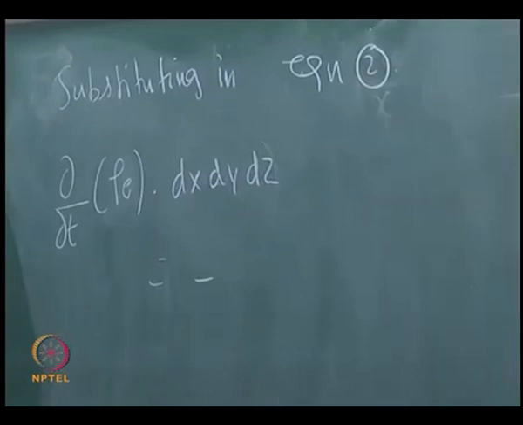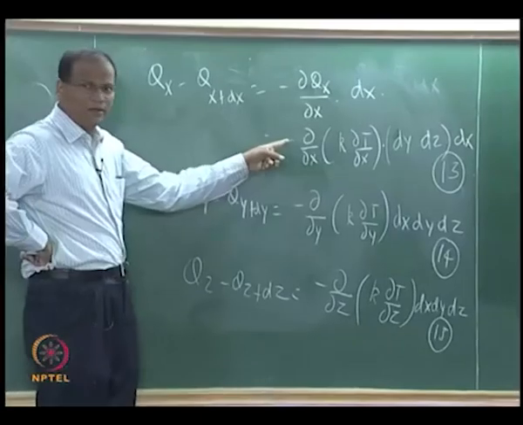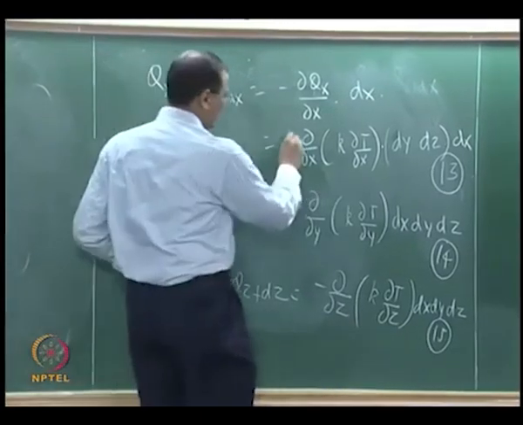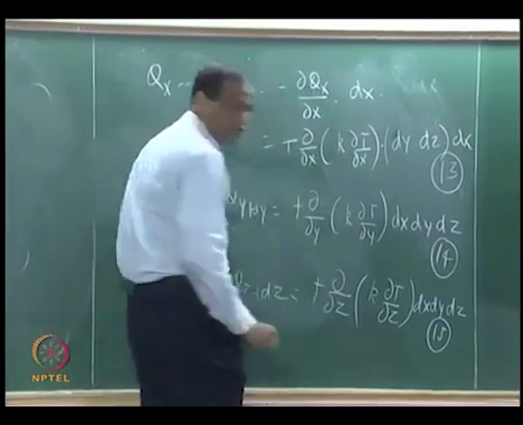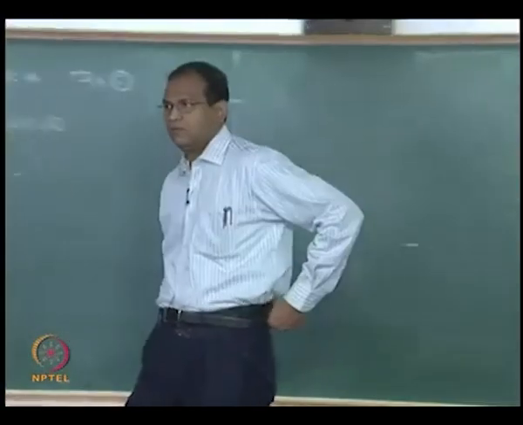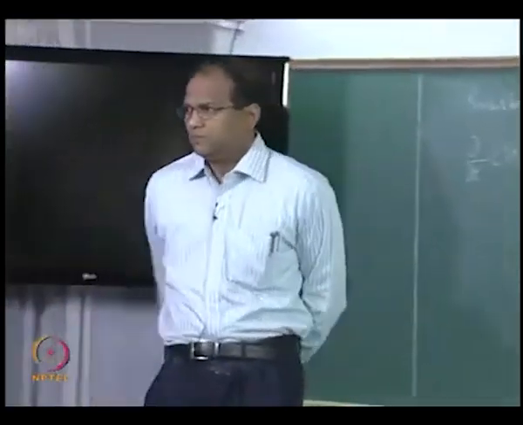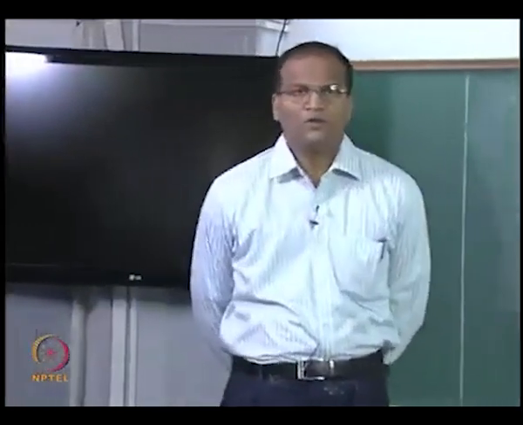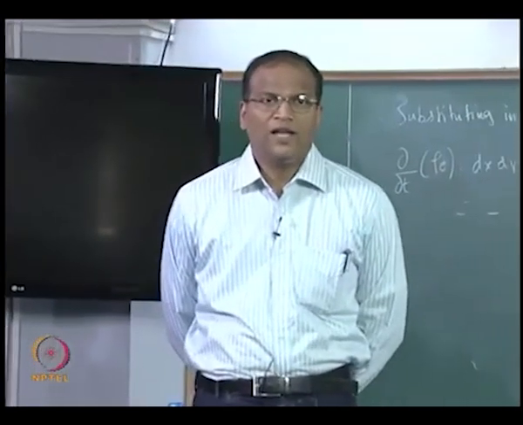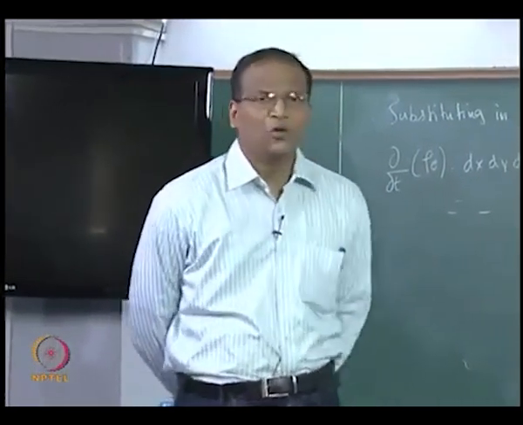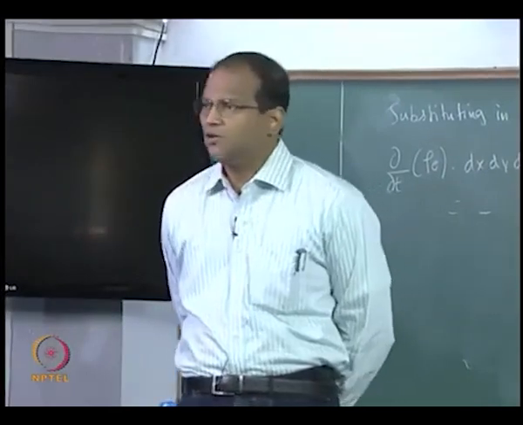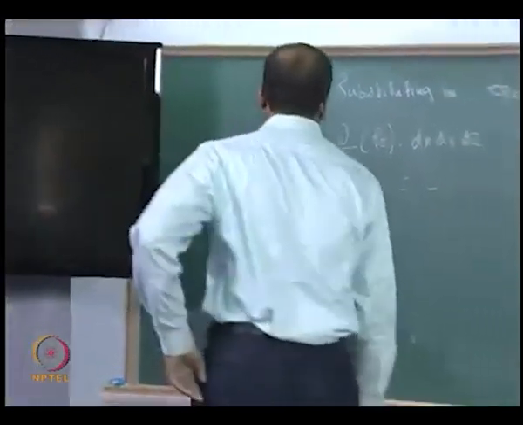You are not alert. Qx minus q is minus dou q, and q itself is minus, no? Therefore, this will be plus. You have to be very watchful. Is that okay? We are taking minus dou qx by dou x. Fortunately, the dou qx itself has a minus. So this will be